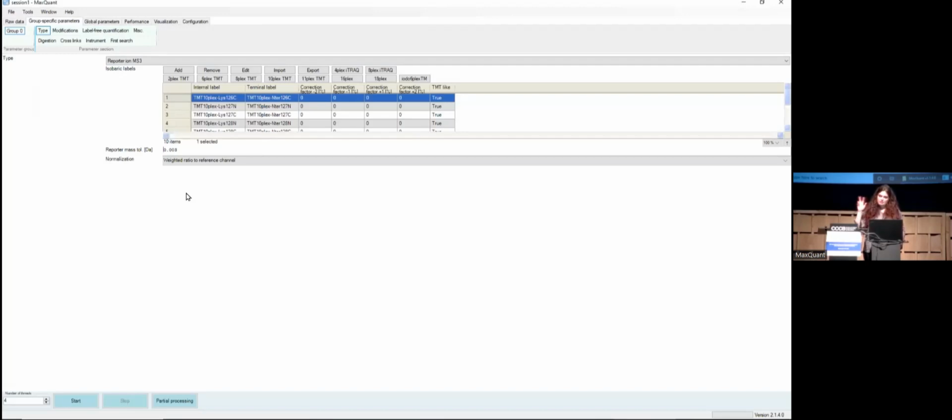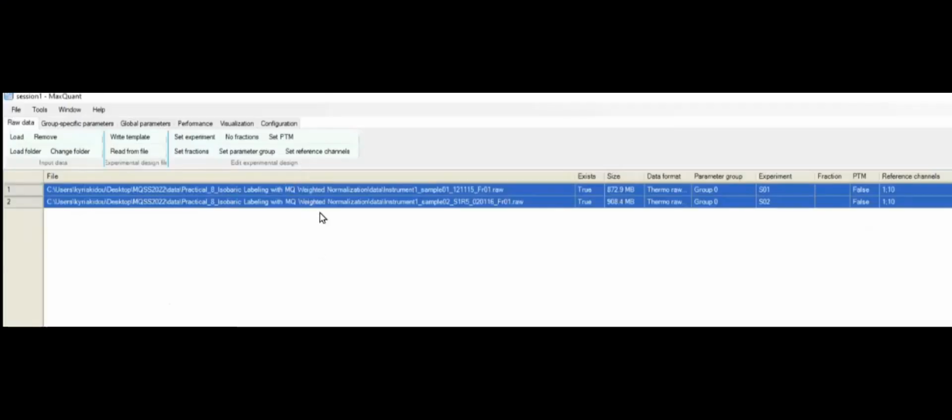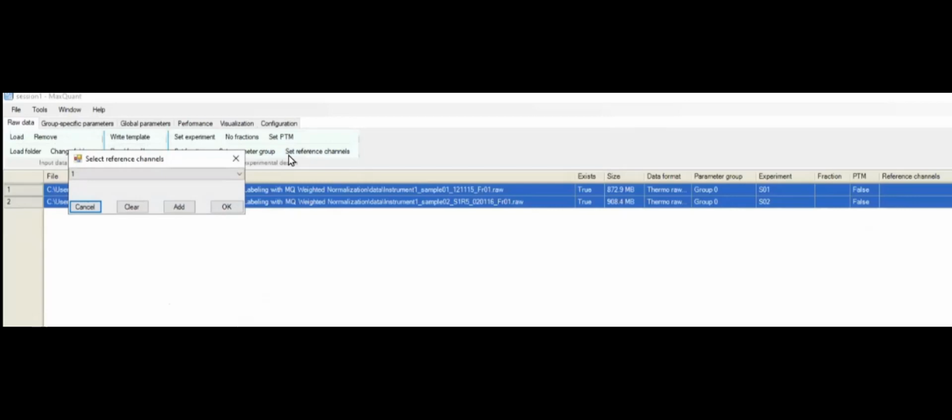I'll show you that we have a third case. So taking as reference channel the samples, so the ones that are not the reference channel. So what you have to do is, here is as usual. So this one remains like this, but here we have to remove this and put the others. So what we do is we select these 2. We first clear. And if we take the opposite, it means that we have to add 2, 3, 4, 5, 6, 7, 8, 9. So one by one,